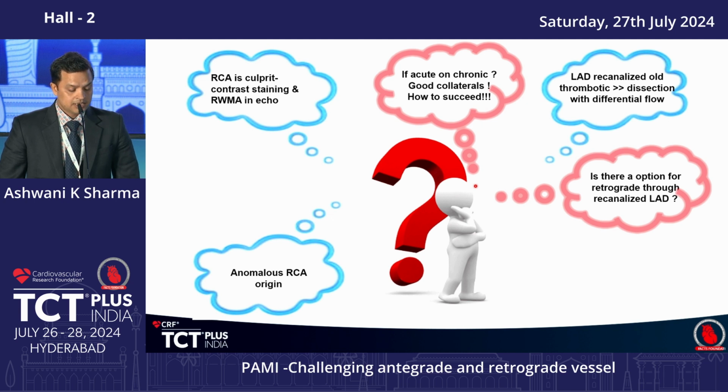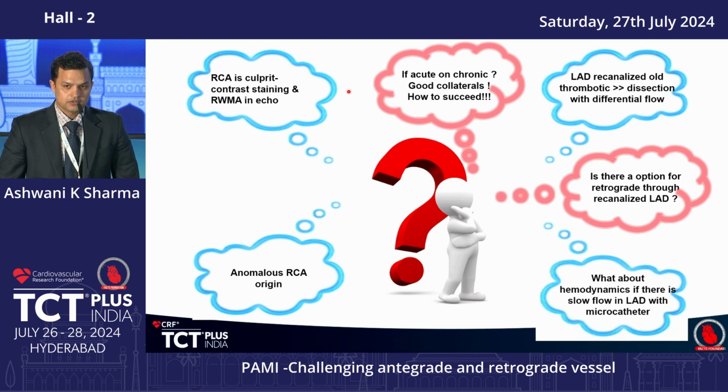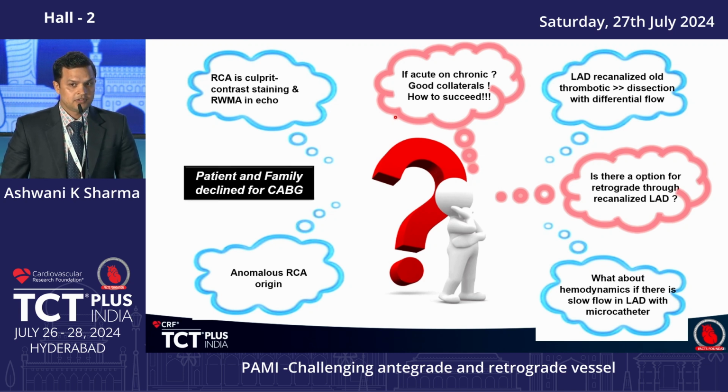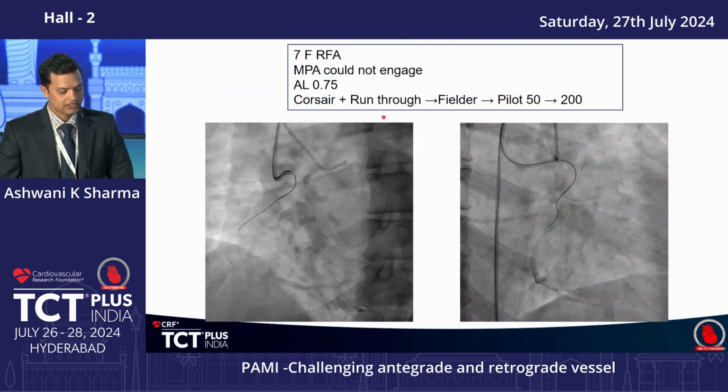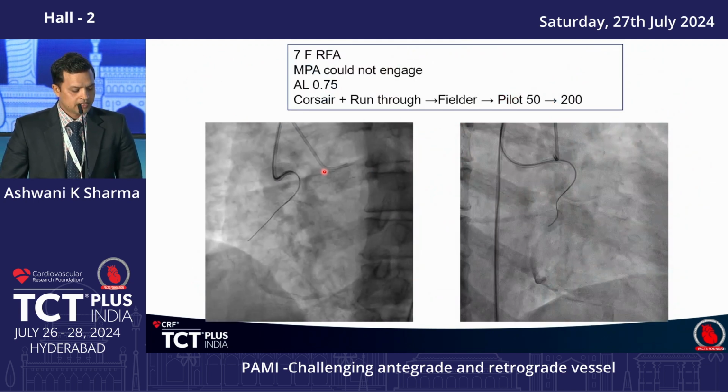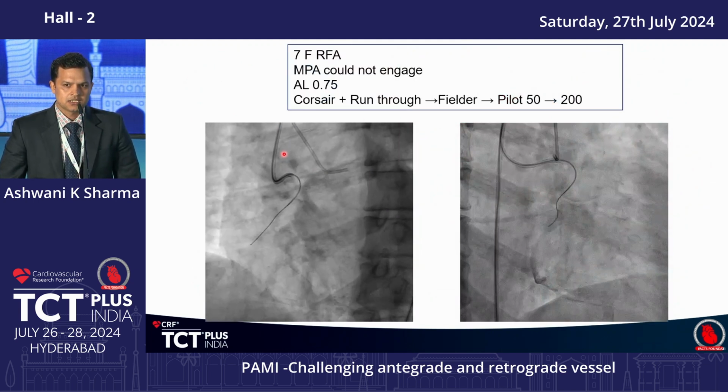There was a good probability that we might not succeed with the antegrade approach. Then what? Can we go retrograde also? And if we go retrograde with this vessel with this much stenosis, whether the hemodynamics will be affected or not. And above this, the patient and family were not willing for CABG. So I opted for the hybrid approach through the right distal transfemoral